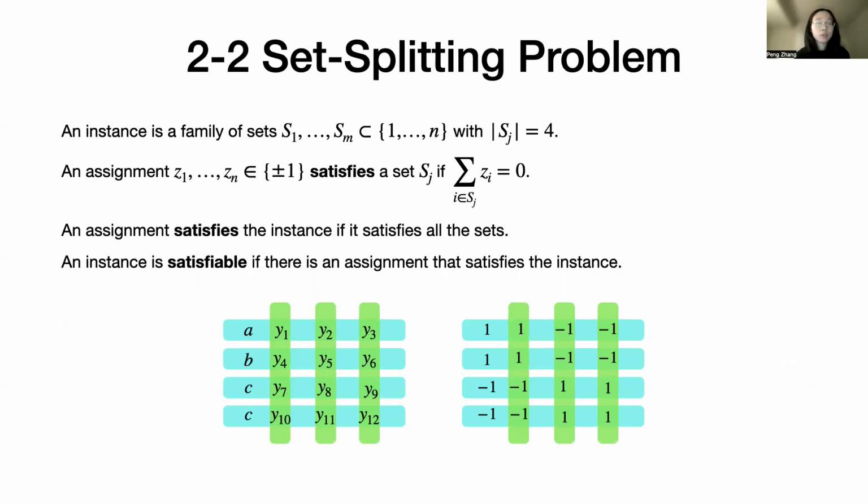Okay, our proof builds on reductions from the 2-2 set splitting problem. A 2-2 set splitting problem instance is a family of sets S1 through Sm. Each is a subset of elements from 1 to n, and each has exactly 4 distinct elements. An assignment for the elements is a list of n numbers, z1 through zn, each with value 1 or